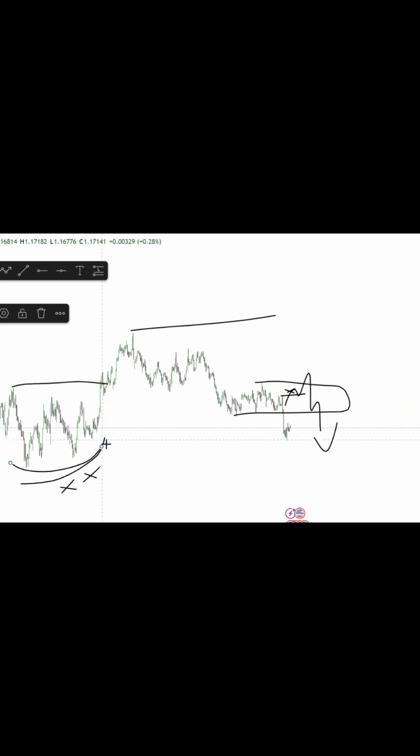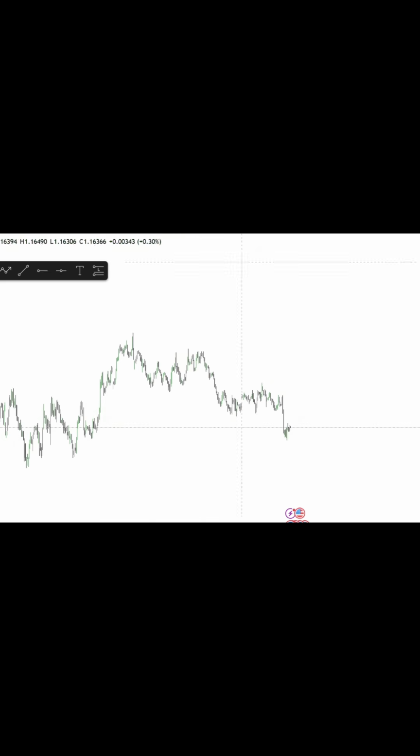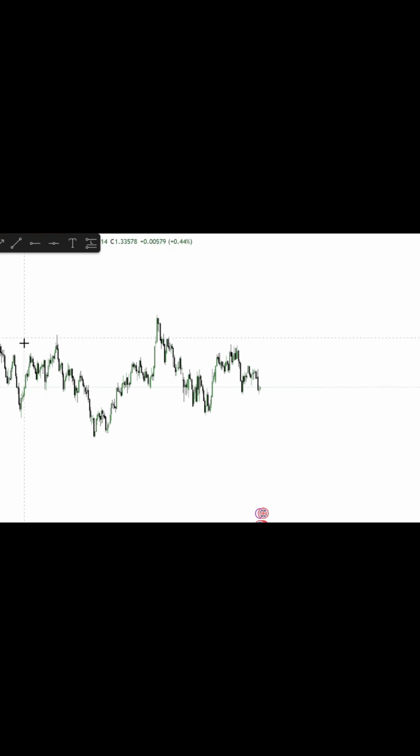These I do see as an easy target because there is nothing there. It's all weak. Yes, this one took out this low, but it's all really ascending and it does look quite ugly. So if we move now on to GBPUSD on the daily time frame, we can see we've had our